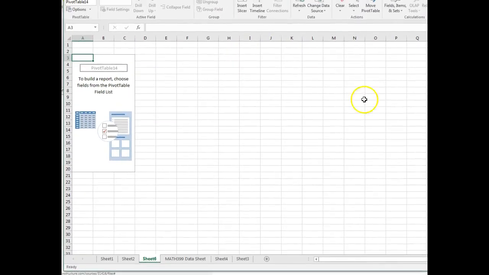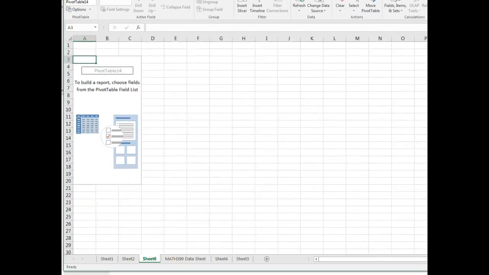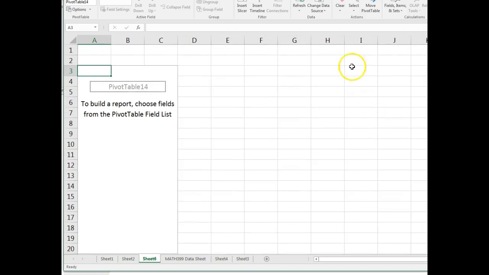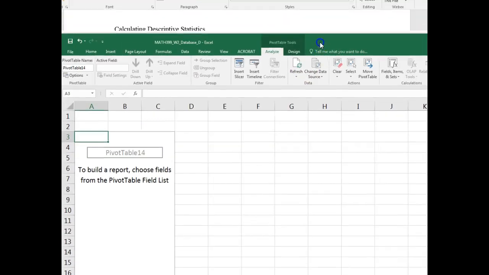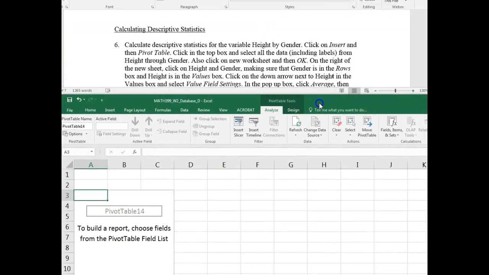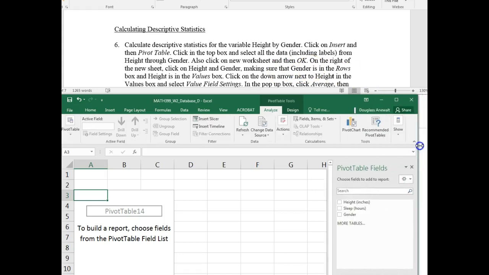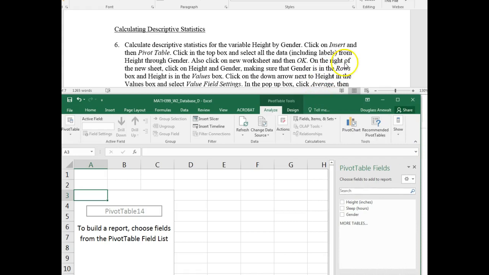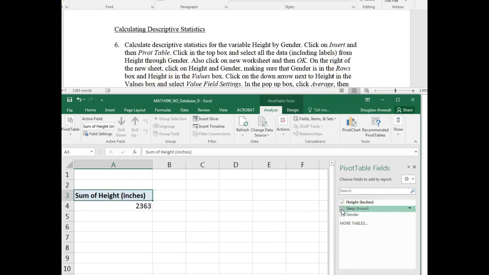And so that new worksheet opened up a new tab at the bottom just so I can keep everything separated. And I'm going to zoom in a little bit there. So we got a new tab because we clicked on new worksheet. So off to the right, I'm going to have to adjust my width. There we go. On the right of the new sheet, you see height and gender and sleep,